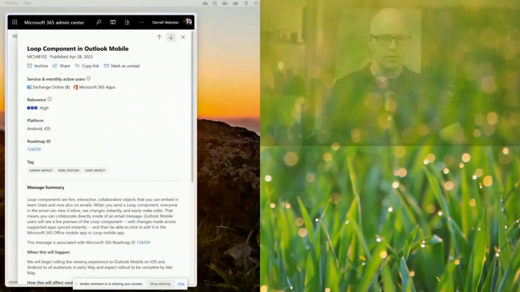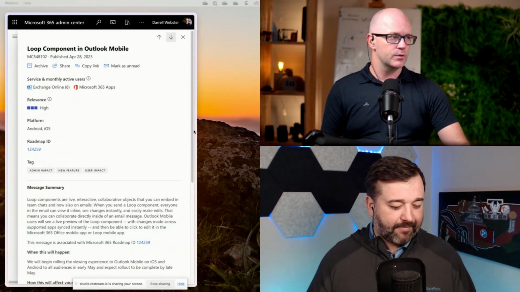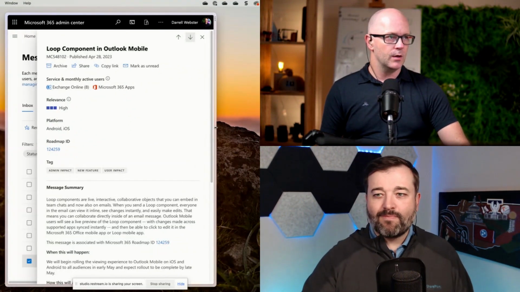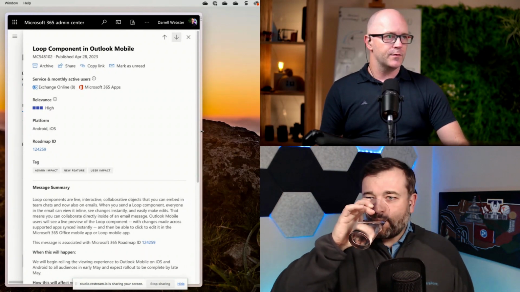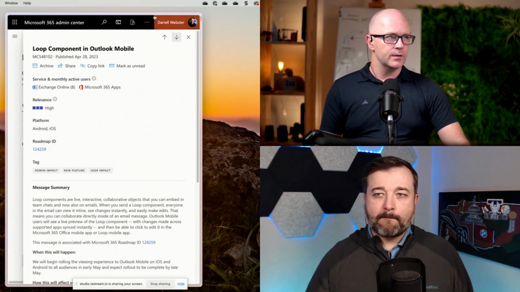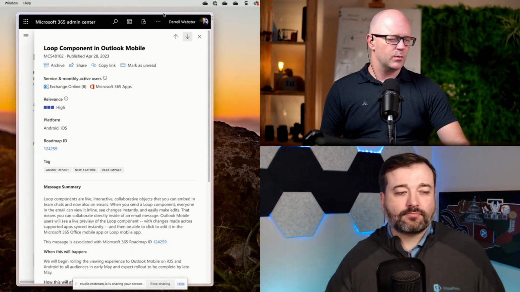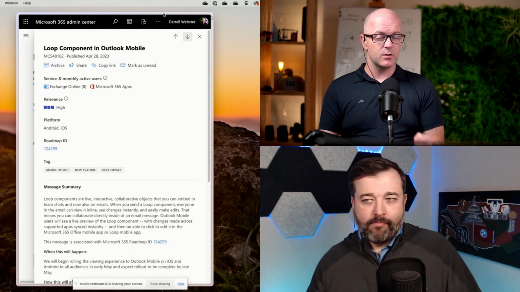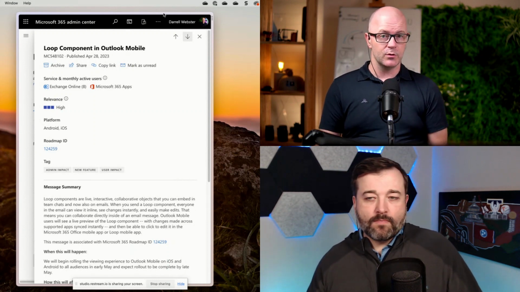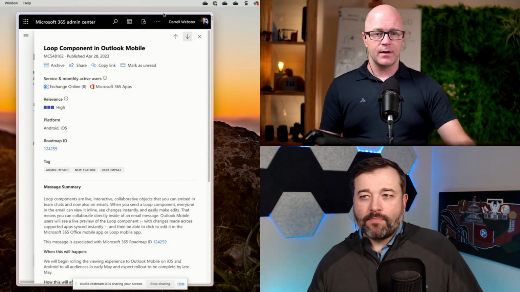There we go. I know that many of us like to get a lot of work done on our mobiles. So if I just got this message right, let's see if we can turn this on and make it fit. Yeah, that will do. In true fashion: Outlook, loop components in Outlook Mobile, MC548102. And in this, as it suggests, we can already use loop on our mobiles, have been able to use components, opening them up into what's now the Microsoft 365 app.